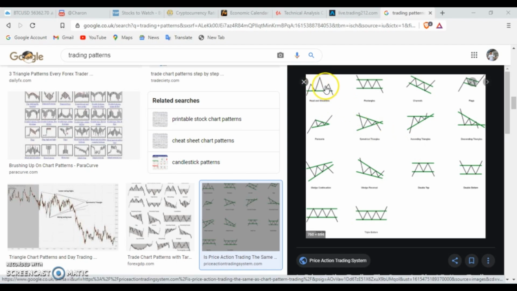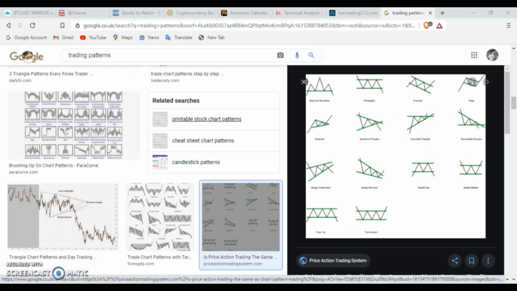There's head and shoulders. There's a channel bearish here, and channel bullish. This is a bullish flag, they call it. This is a bullish triangle, bearish triangle. Again, this is a bearish triangle pattern. And then you have double top, double bottom, head and shoulders, reverse head and shoulders, right? So these are some of your common